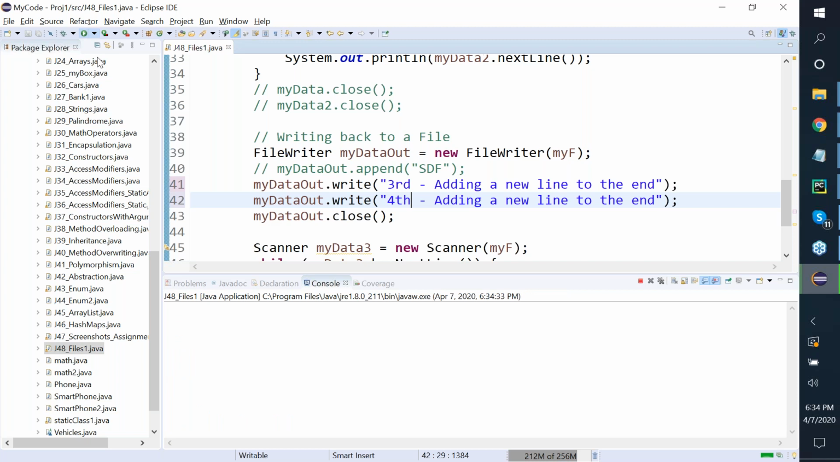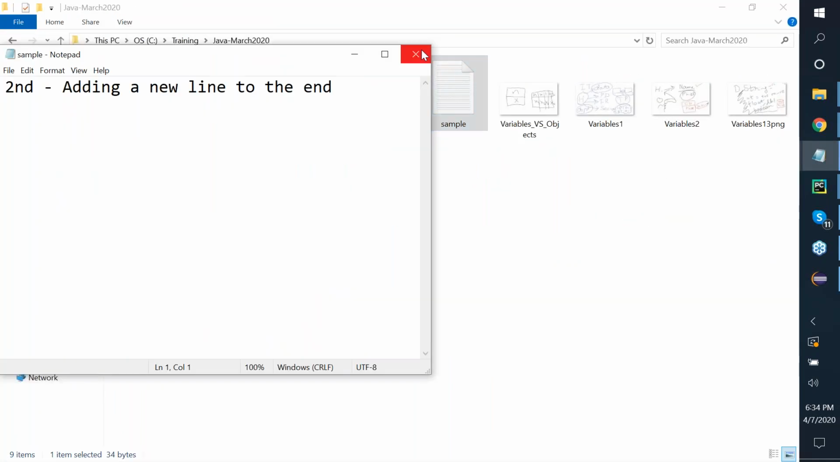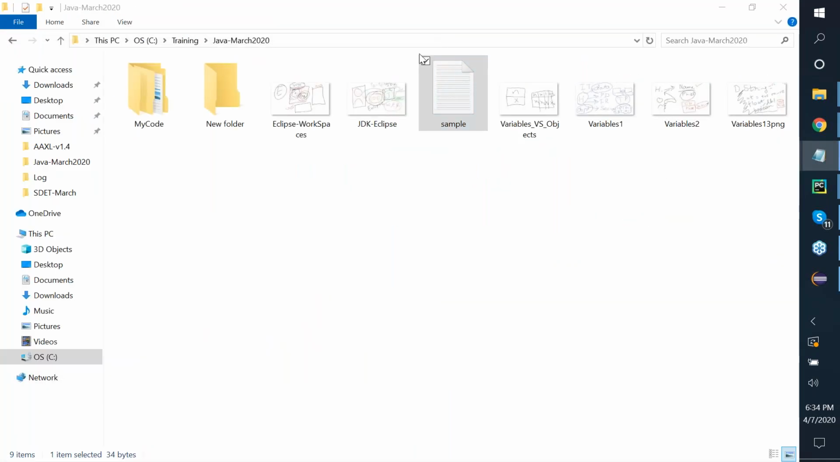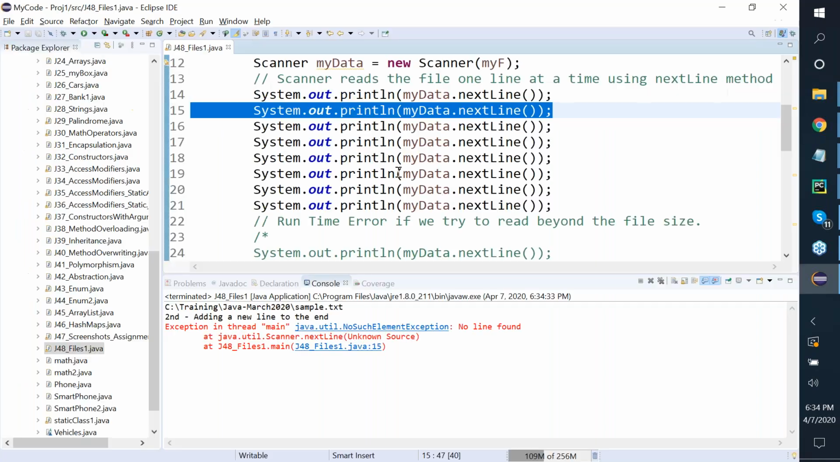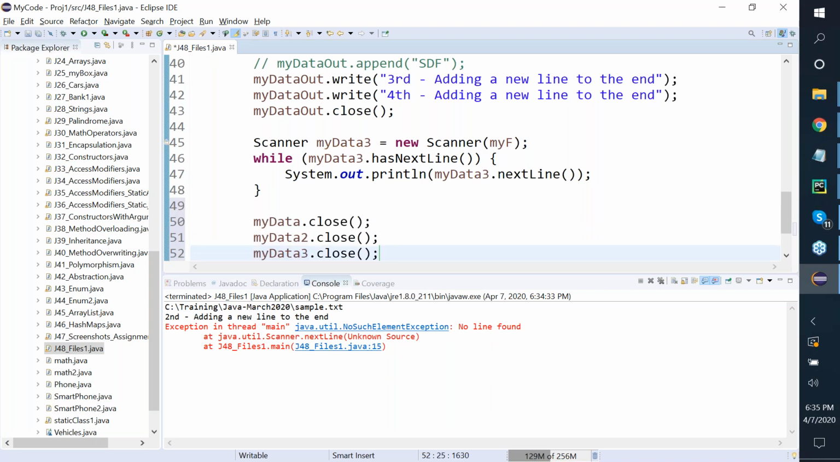No line found. Where? Line 15. What? Okay. One second. First, let me make sure. Oh, come on. It's already gone to the end. That is the problem. See, this close, at least I have to do it at the end. Primarily, it is all about keeping your data open, making sure it's at the right position, and you're able to write